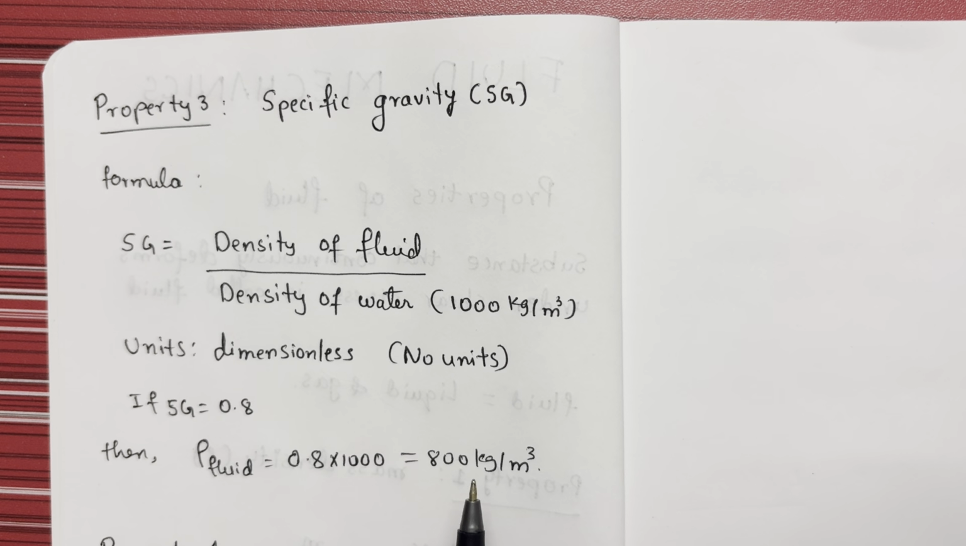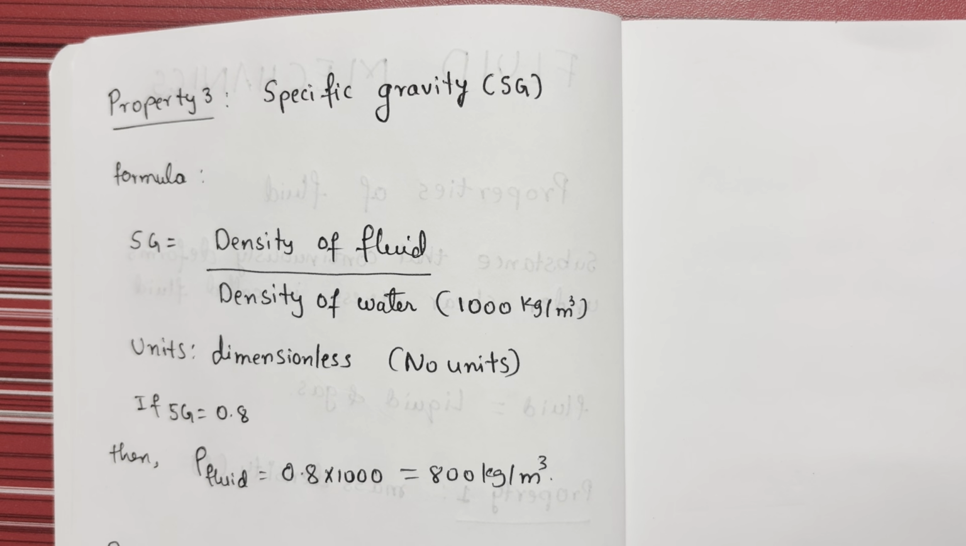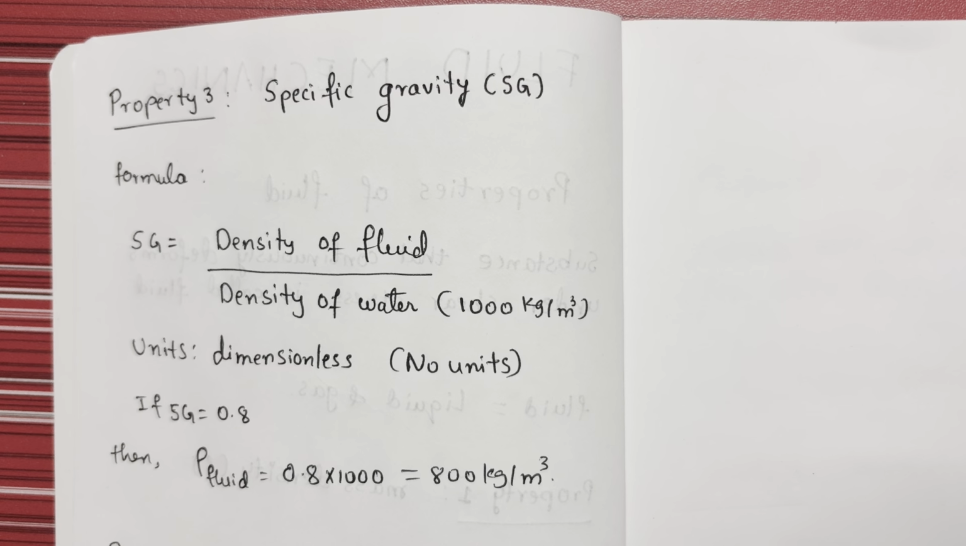Now property number three, specific gravity. This is a pure dimensionless number because it's a ratio. It tells you how heavy a fluid is compared to a standard reference fluid. For liquids, that reference is always water. If a chemical has a specific gravity of 0.8, it means it's 0.8 times as dense as water. So its density is 0.8 into 1000, which is 800 kg per meter cube, and it will float on water. If specific gravity is 1.2, then the density will be 1.2 into 1000, which is 1200